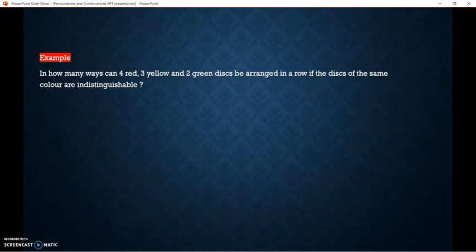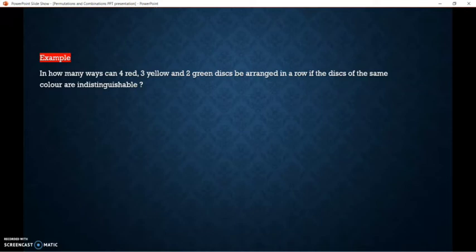So again, it's a kind of permutation problem. What I have is one, two, three objects, but they are not all distinct. They are of the same type, right? Some of them are of the same type. So red discs are of the same type, yellow discs are of the same type. So altogether, I have 9 objects. Okay. So the way I can arrange these objects is given by the third formula, which we have already taken, isn't it? So